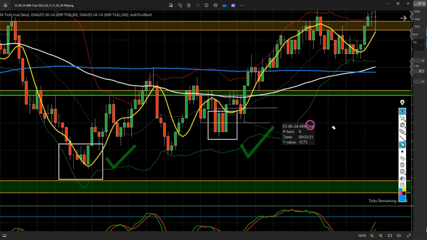So on this one, you had an area that you couldn't pass up here. Double poke, double tap, boom, dumps down, and then you have this little green candle right here. So it's trying to launch from here and it failed, trying to launch from here and it failed. So you know that it's searching right here because it's not multiple greens and they're not going up at an angle like this, right?